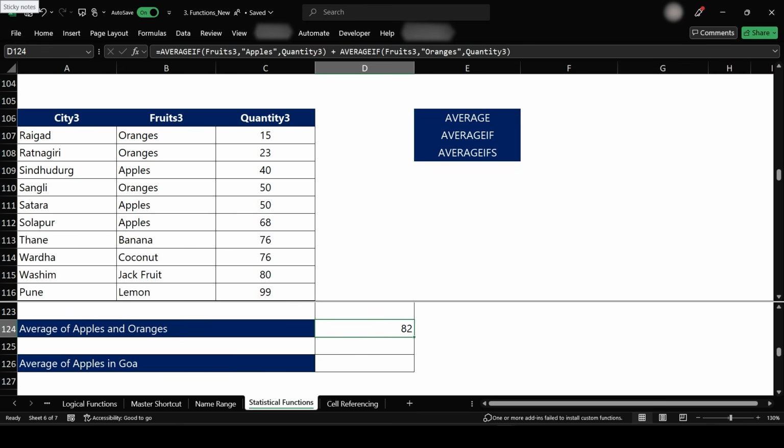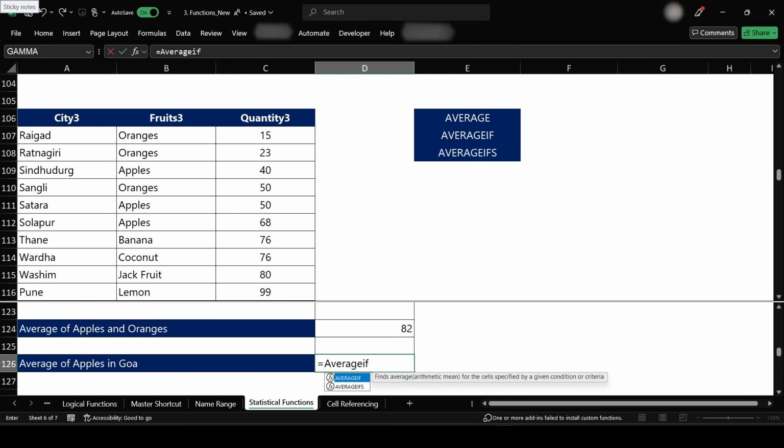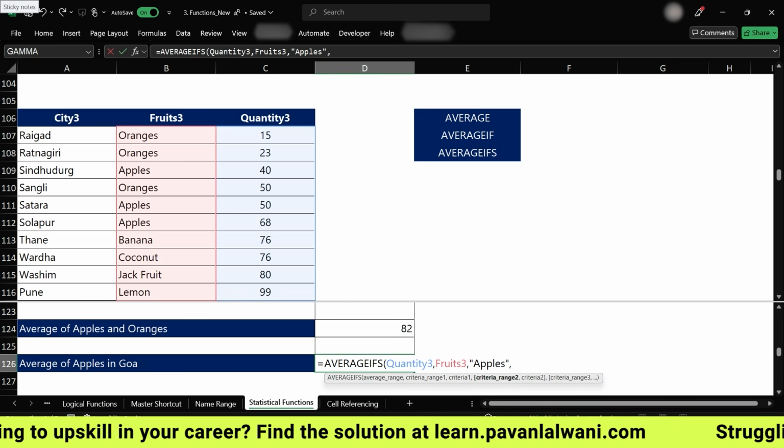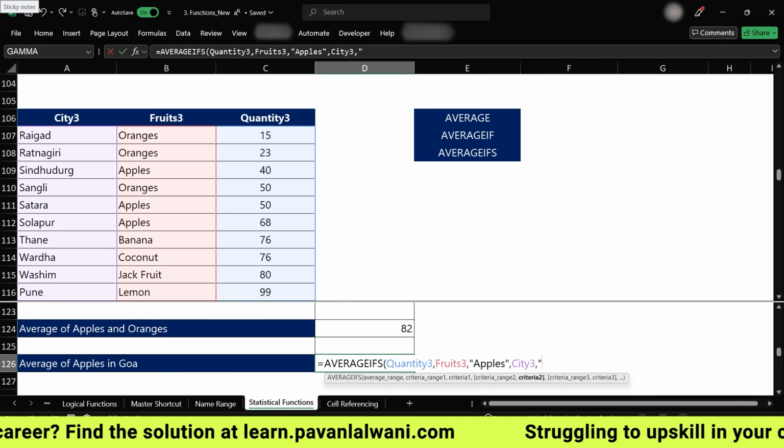And similarly, the next one would be, we want to find out the average of apples in Goa city. So here we go, we can type equal to AVERAGEIFS, because these are multiple conditions. The first condition, as you can see in the formula bar, the average range becomes quantity 3, comma, the criteria range 1 becomes fruits 3, comma, the fruit is apples, comma, then we have the city 3, comma, and the city is given as